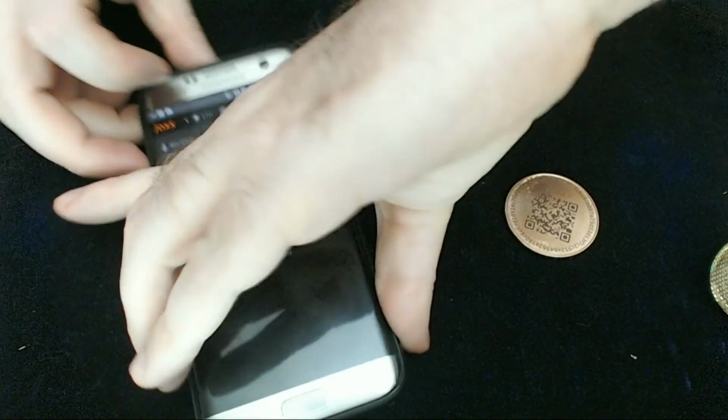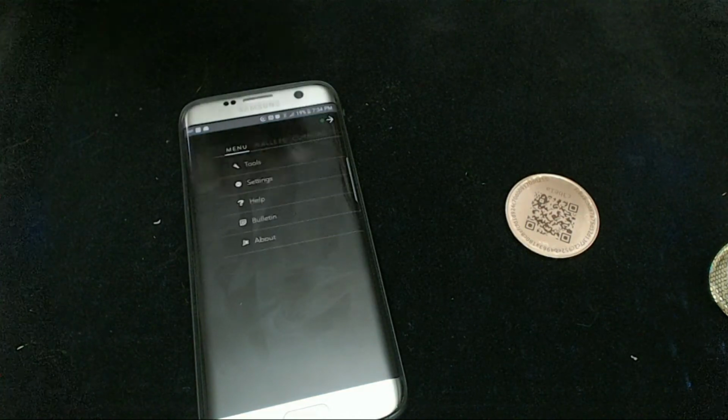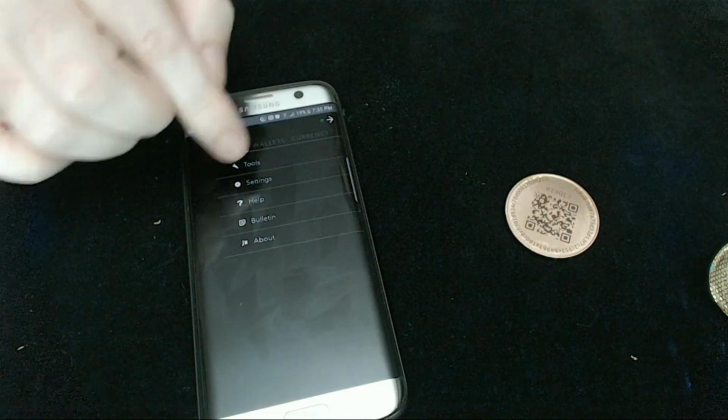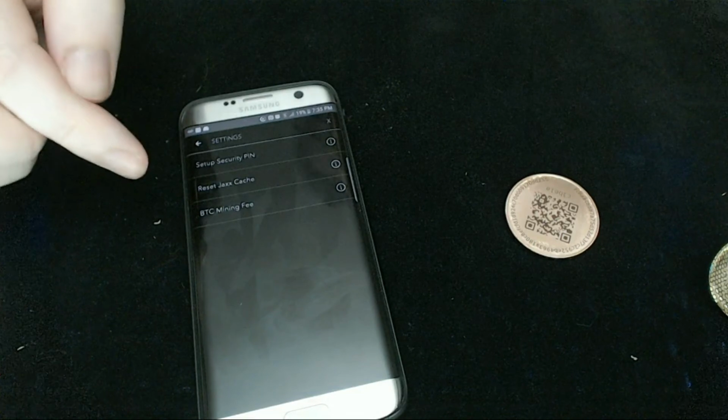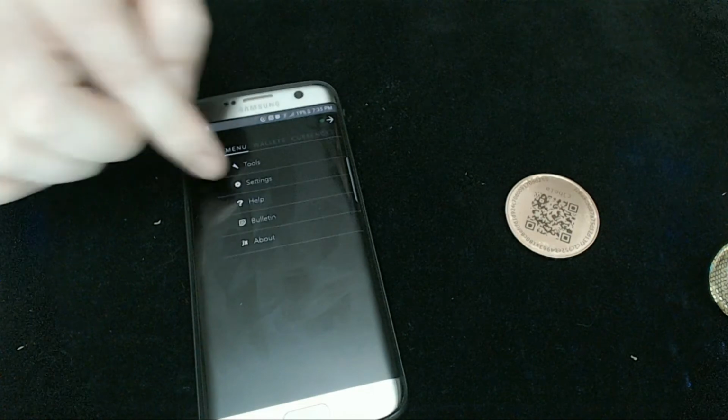Again, if you did want to take it off, you could use any sort of wallet app that would support the scanning. So I don't believe the Coinbase app supports you to load a paper wallet. So I'm just going to use Jax instead. And if you were going to use Jax, or if you're using some other wallet, you may just have to look on how they do it, where is it in the settings. But in Jax, I believe it's under Tools. So just options here, Tools,